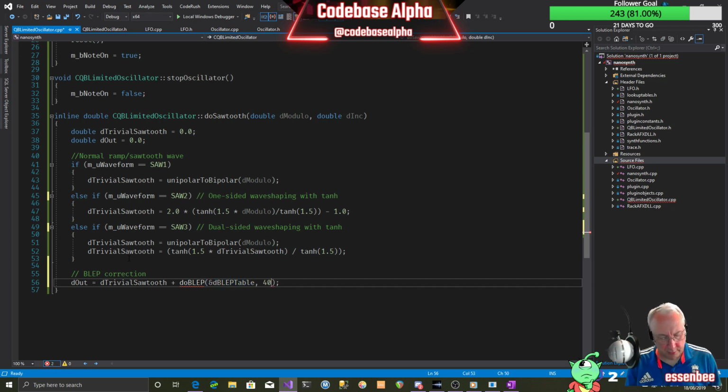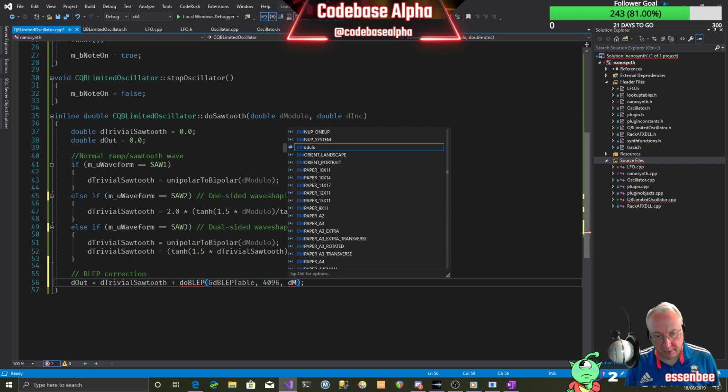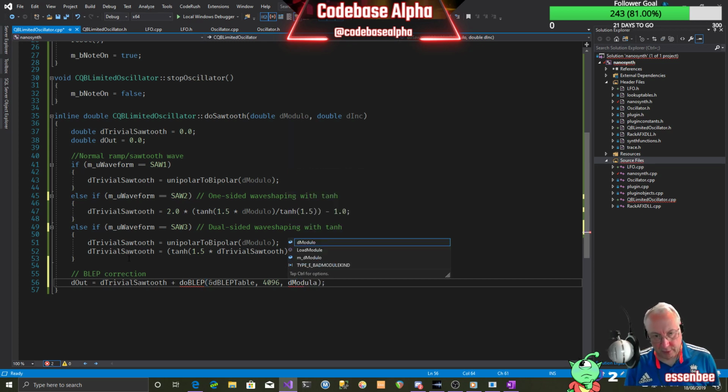I think it's 4096, which is the size of the blep table array, and then we pass in the modulo that we've got, so it can go and find out what the correction value is for our modulus,